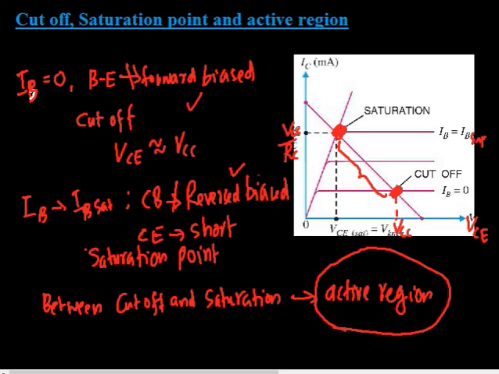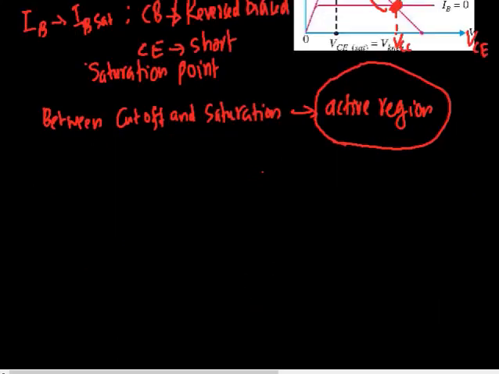Now, just a summary of the transistor. We know that a transistor has two diodes connected back to back. One diode is called the emitter diode, which is the PN junction between the base and emitter, and the other is called the collector diode, which is the PN junction between the collector and the base.